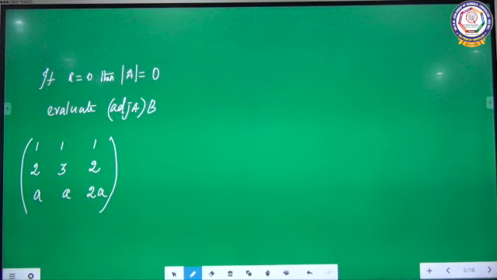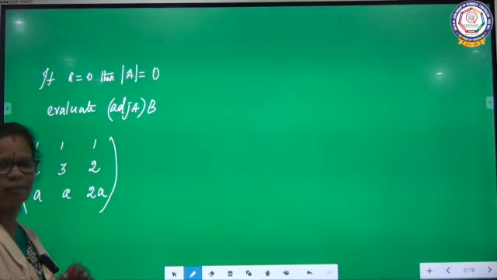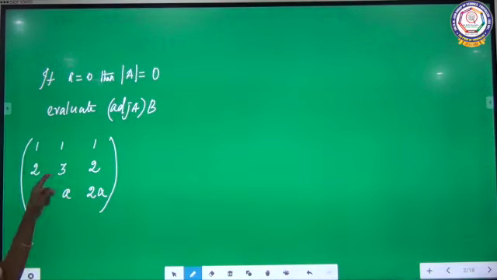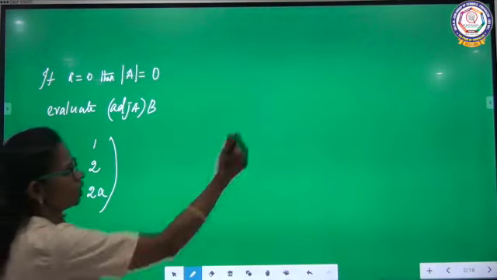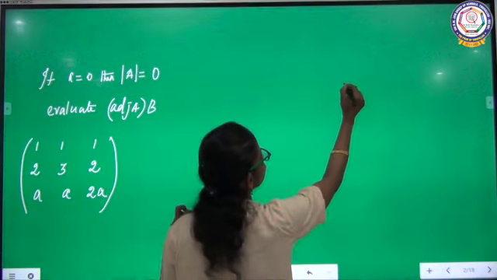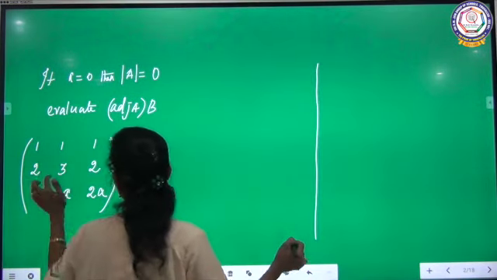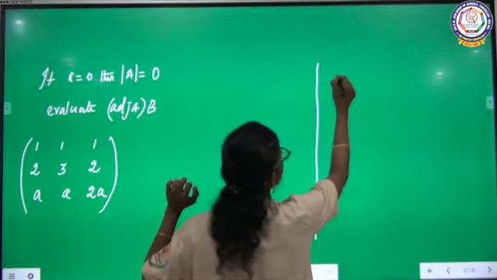For that you want to find adjoint of A. If it is 3 by 3, adjoint of A means you want to find cofactor. The simple way we taught it, isn't it? So, for that purpose what you have to do? That you should write it in the right side. Center element 3,